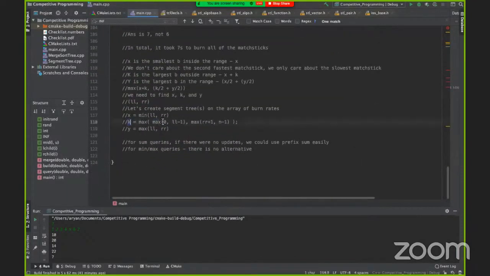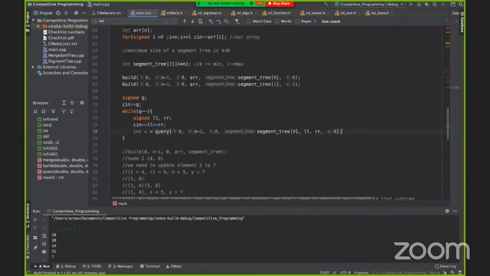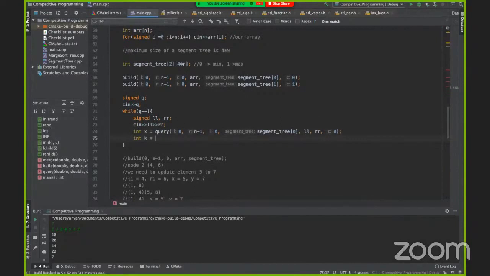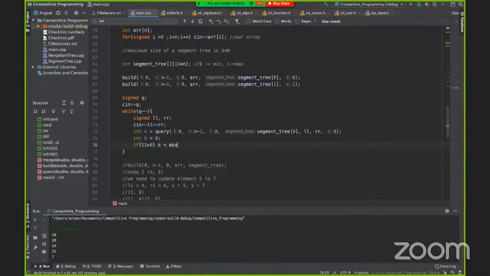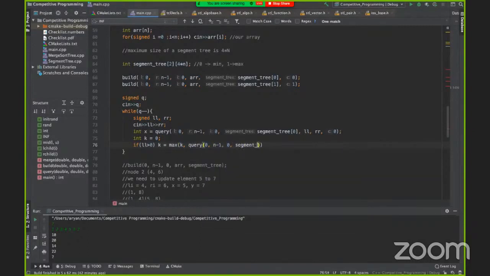Now K is equal to the maximum element outside the range, okay? So I'm going to do K is equal to 0 initially. Okay. Now, if LL is greater than 0, so that there is something before the range, we say K is equal to max K, query 0 n minus 1 0, segment tree 1, because we're doing max now, so we're doing 1.